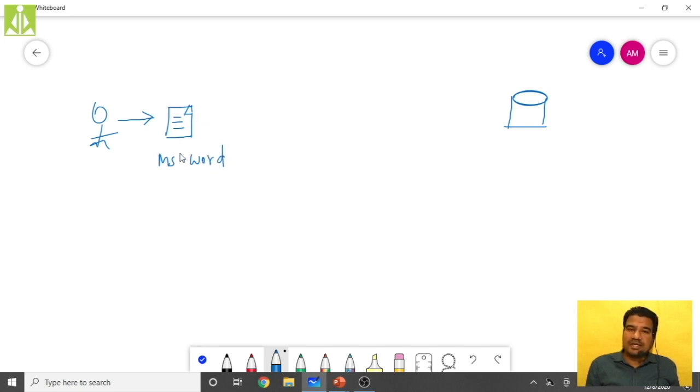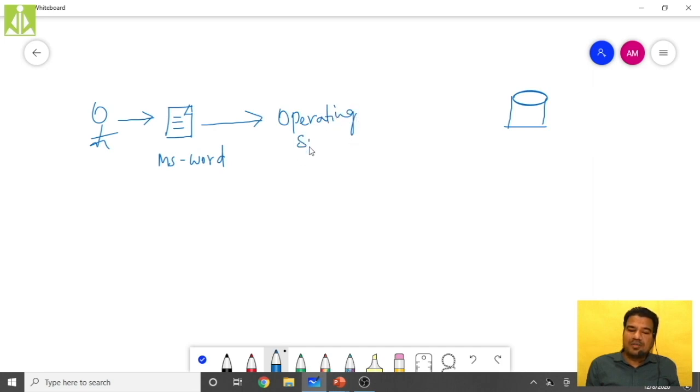Can this MS Word run directly on the computer hardware? No. Before installing MS Word, I have to install the operating system on the computer.